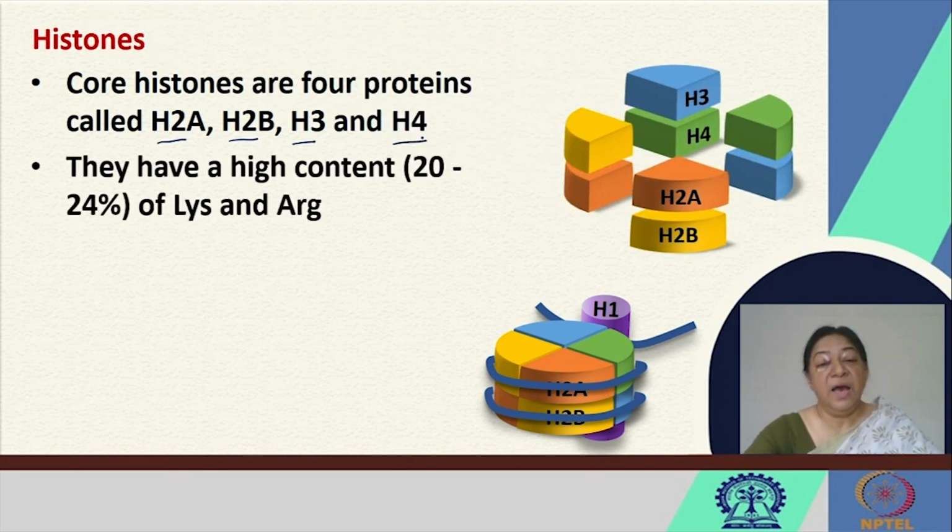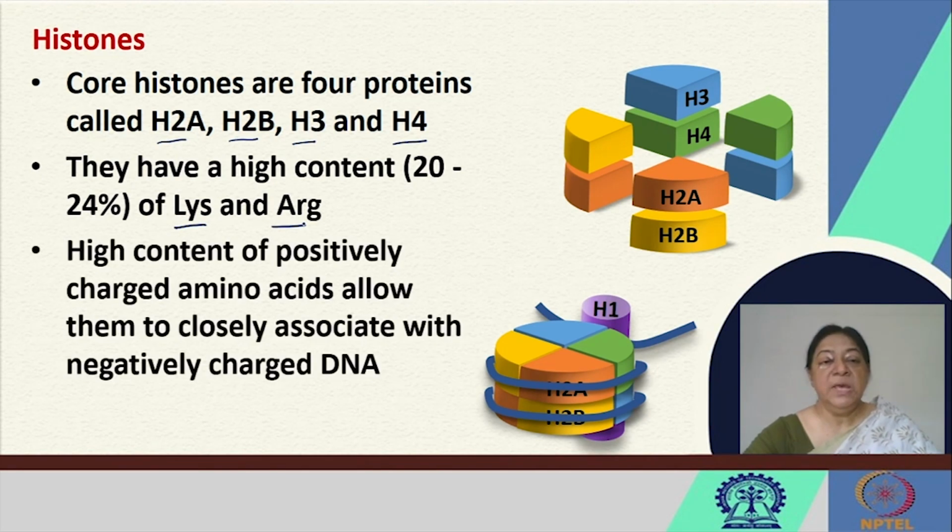They have a high content of lysine and arginine, as would be expected because they interact specifically with the sugar phosphate backbone of the DNA, which we know is negatively charged. This high content of the positively charged amino acid residues allows them to closely associate with the negatively charged DNA